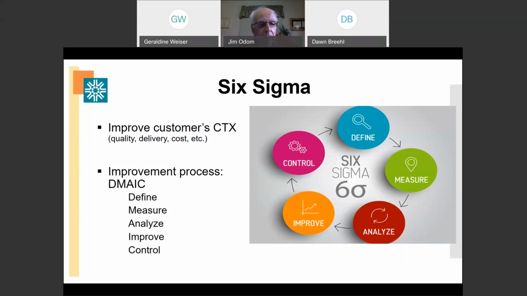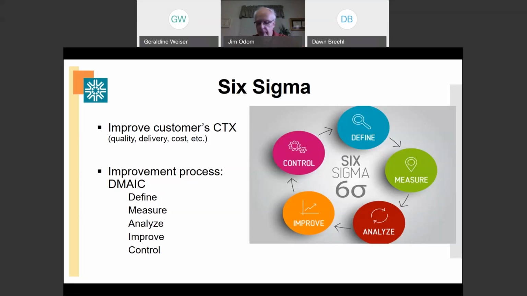And then the 5th step of the process of DMAIC is what's called control. And in the control phase, what are the different controls that we need to put in place so that this problem never reoccurs? So we go through define, measure, analyze, improve, and control. And that is the 5-step process that we use for Six Sigma. Sometimes we incorporate Kaizen events inside of this DMAIC process. Sometimes we can even utilize plan, do, check, act. But those 3 work together for Lean Six Sigma to make all the improvements that we want to make.